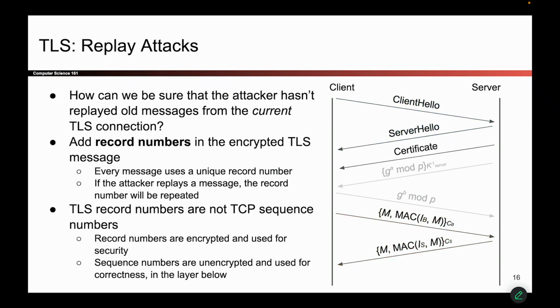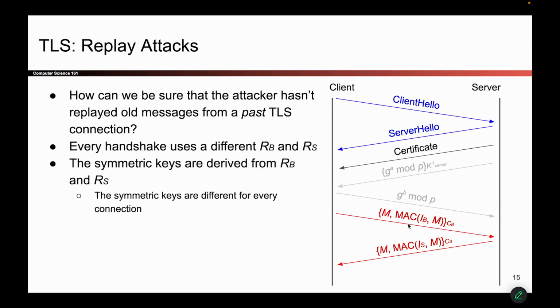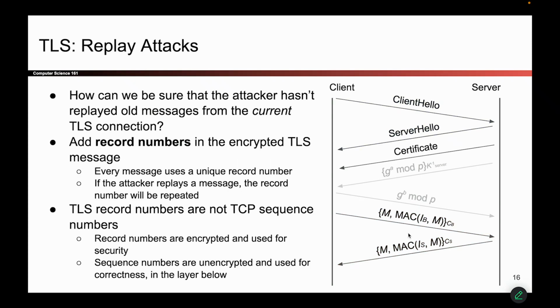But how do you stop replay attacks from the same connection? What if someone takes this message, writes it down, they don't decrypt it or modify it, they just write down the raw sequence of bits, and then they try to replay that sequence of bits later in the same connection? Well, now, in the same connection, we're still using the same keys, so this previous defense didn't quite work. So we'll add one more thing just to make sure that people cannot replay attack inside of the current connection.